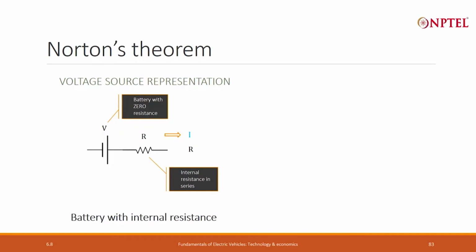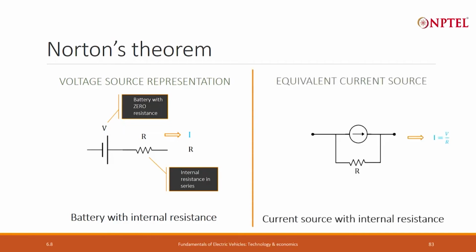So, what Norton's theorem tells us is that the same circuit can be alternatively represented as a current source, where the current is equal to V by R, and put the internal resistance in parallel with the current source. And here the current source is represented as one with infinite resistance, and the internal resistance itself is drawn in parallel. The two are electrically equivalent. The reason I am interested in this